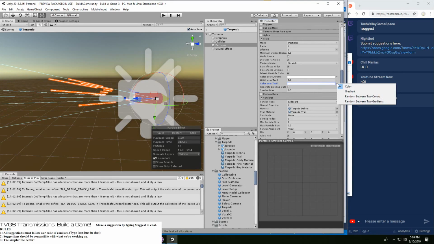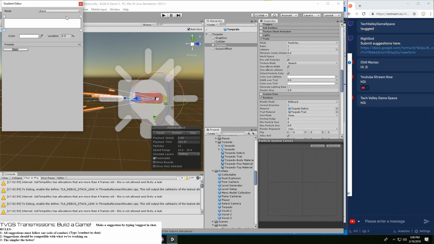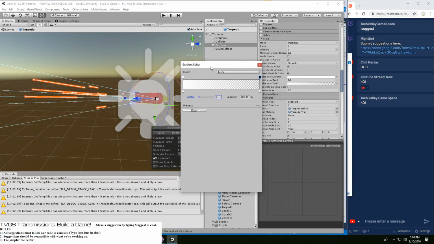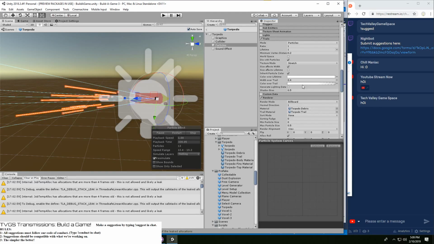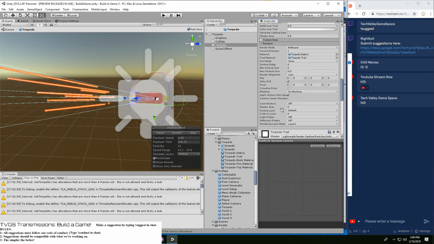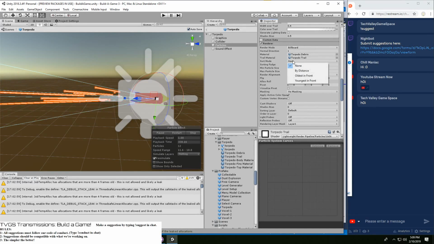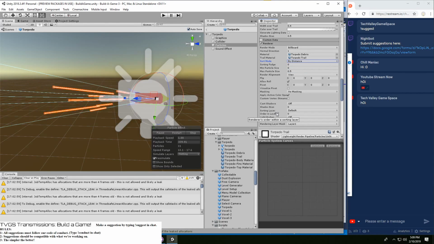Color over trail, definitely we want a gradient here, and we want it to slowly ease out at the end. I don't think it's painfully obvious there, but whatever. Color over lifetime, that's fine. Generating data that's not needed. I will definitely have this sorted by distance.